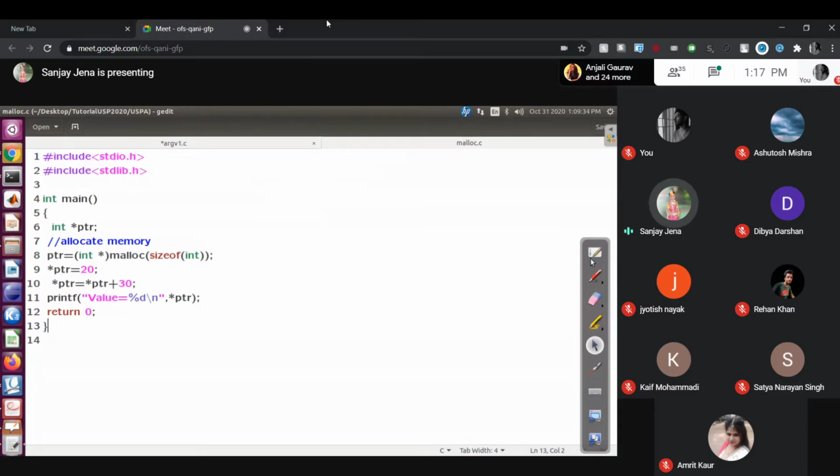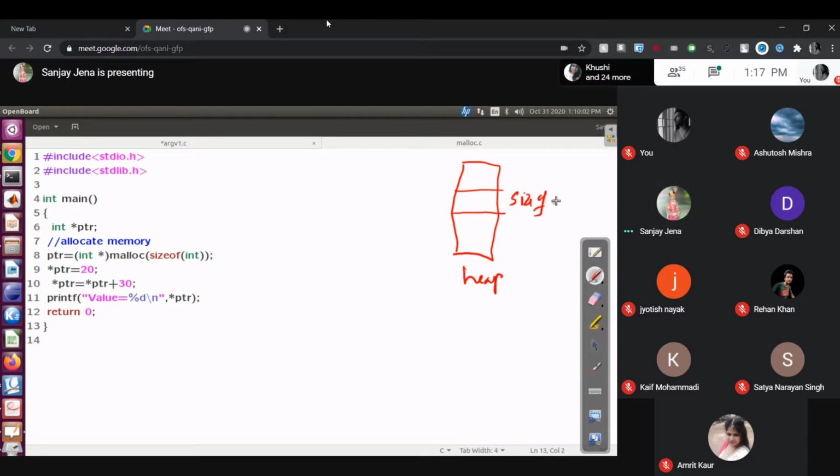Now see how the structure is built. This is a heap, sorry, this is the heap area. A lot of space is in the heap, don't worry. You need one block, this is size of int. Whatever address is allocated, assign the address to this one, this is ptr. And this will hold the address 1400. With this ptr you can store the value here, update the value here, manipulate the value, anything. And this declaration is star ptr.